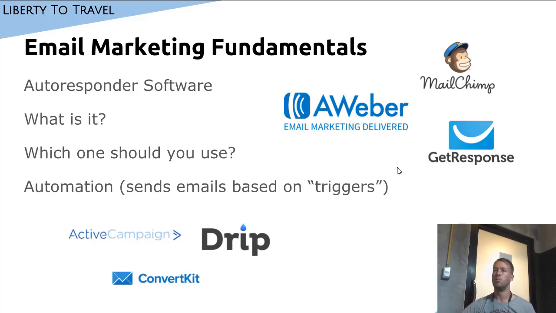Aweber and GetResponse are both generally cool with you doing affiliate marketing as long as you don't get a lot of people complaining about your emails being spam. That is something you always have to avoid when you do email marketing. Make sure your emails actually provide people with value, with good content, and then yes, the occasional promotion, that's fine, but don't just spam people with offer after offer after offer, because people are going to complain about your emails being spam, and that's how you generally lose your autoresponder accounts.